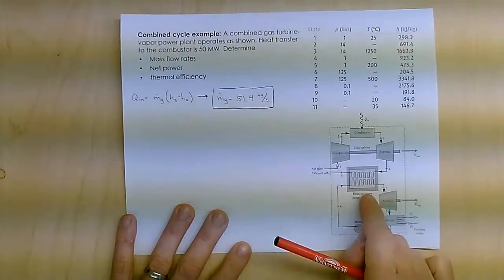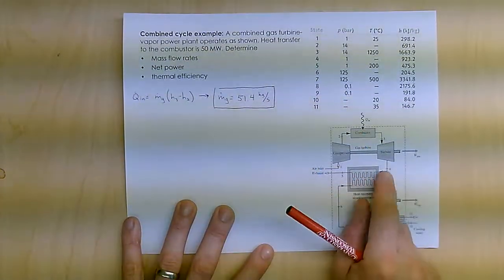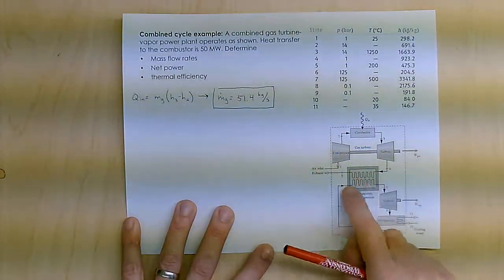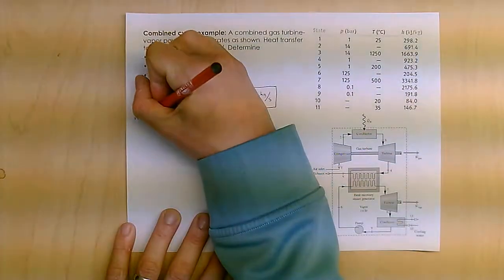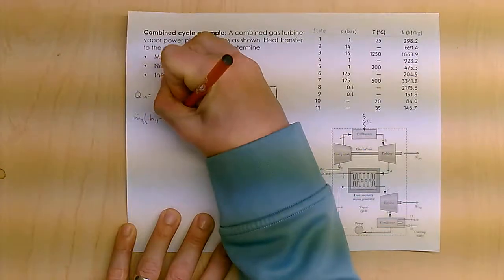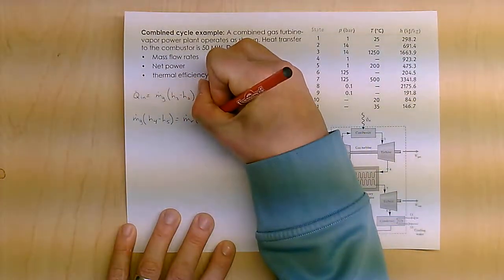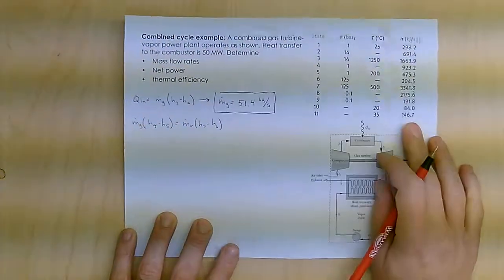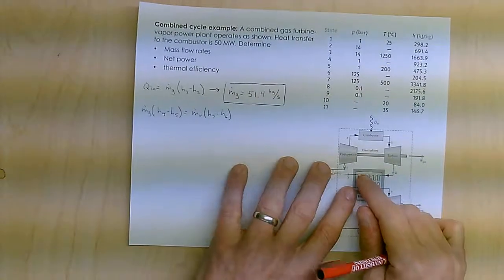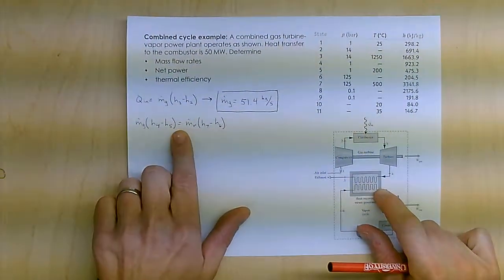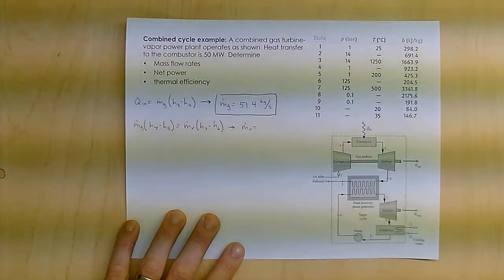Okay. Then once I have that, I can use what's going on here to help me find the mass flow rate of the vapor power cycle, which is to say, remember, Q out of this one is Q into this one. So what I have is the mass flow rate of the gas times H4 minus H3. That is Q out of the gas power cycle. And that's going to equal Q in to my vapor power cycle, which is going to be H7 minus H6. Because I've found all my H values, this becomes pretty straightforward. I found my mass flow rate of the gas, and then knowing Q out is Q in of that, I can from this find the mass flow rate of the vapor power cycle to be 7.34